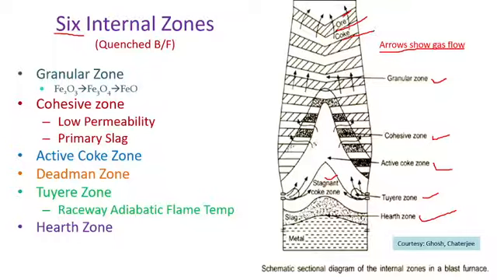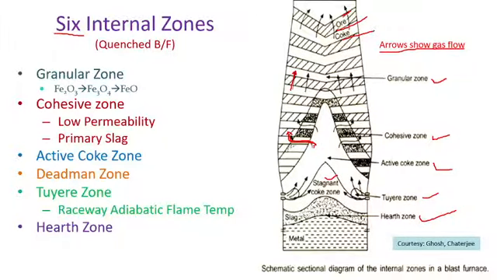Okay, so in case of your granular zone, it is straight lines, means the straight arrows to the top. That means gas goes straight to the top. But in case of your cohesive zone, it passes through the coke slits only. It cannot pass through the iron and flux layer because the fusion, means softening, has started. So the permeability has come down. So these alternate layers of coke and ore help in case of your cohesive zone for passage of your gases.